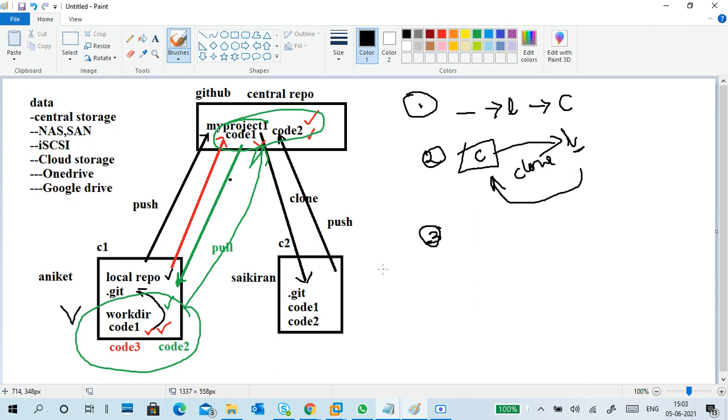Third one: for example, if you compare your local and central and the data is different, where central has advanced, meaning some extra information is there that is not updated in your local. In this scenario you have to pull the configuration from central first, and then push the configuration to central. So these are three main important practical things we have to do.